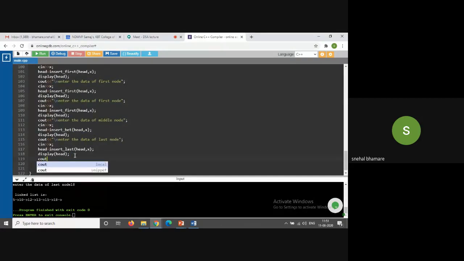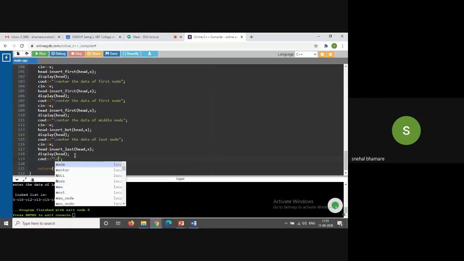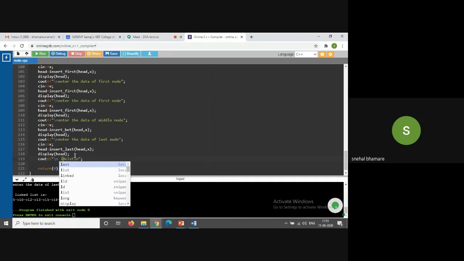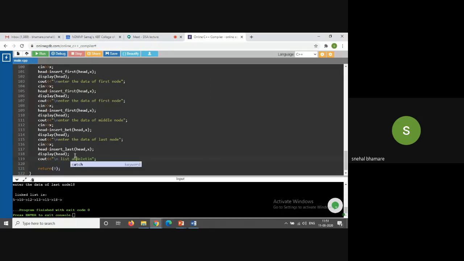I'll just display a message using cout: list after deleting first node. Okay, and here I'll call the delete function.